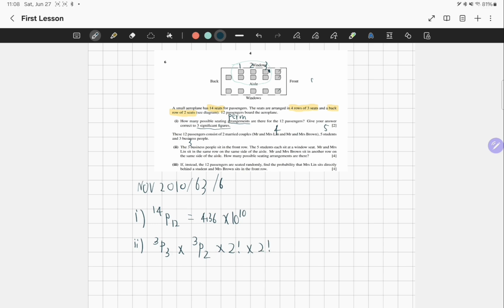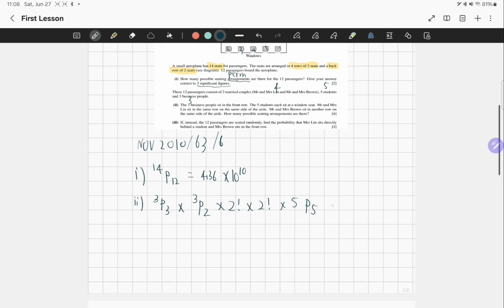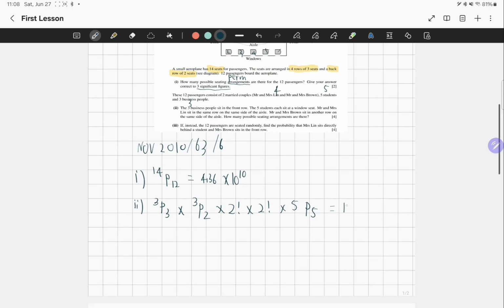And then after that we can finally do the students. After the married couple takes 4 seats in total, but it's 2 window seats, there are only 1, 2, 3, 4, 5 window seats left for the students. Just perfect. So 5P5. And this is equivalent to 17280, which you round off to